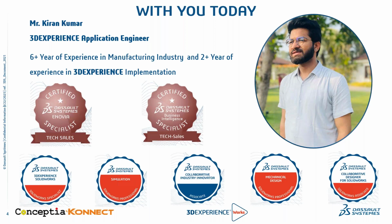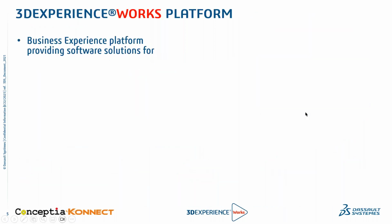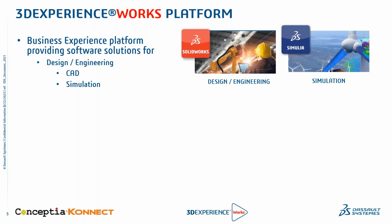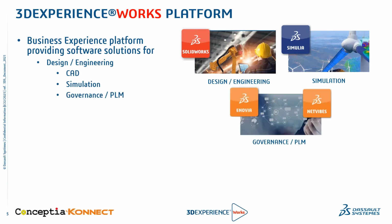Right. So let's start with what exactly the 3DEXPERIENCE is. Basically, the 3DEXPERIENCE is a business software solution for a range of industries. When you go for design and engineering, there is a suite of SolidWorks solutions for CAD. When you go for simulation, we also have a similar suite of solutions. And for governance and PLM, when you want data management of any CAD file,